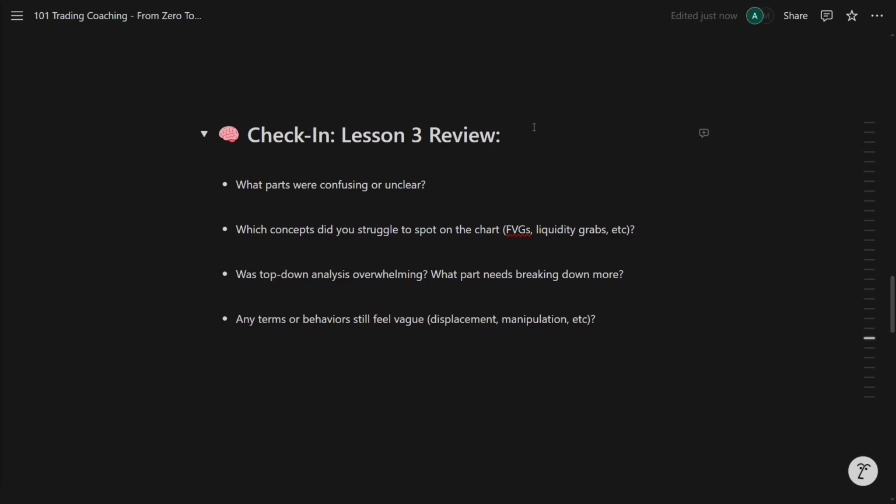Okay, so today's lesson is going to be a quick review of lesson 3, on the parts that were confusing and unclear for my brother. I've already gone through his homework and now he's just going to explain to me what he found confusing. So take it away. Okay, so what I found confusing was taking these concepts from the lesson and